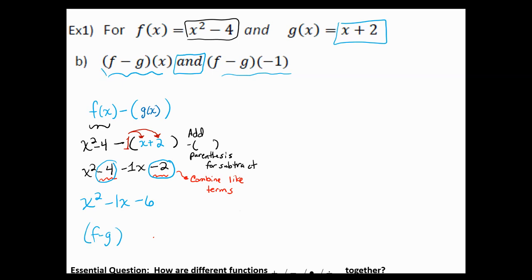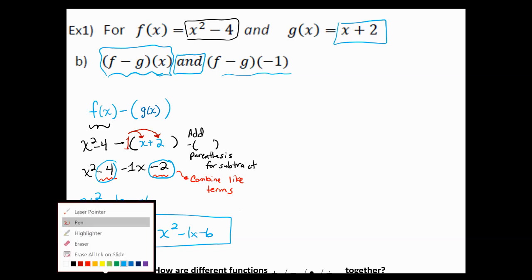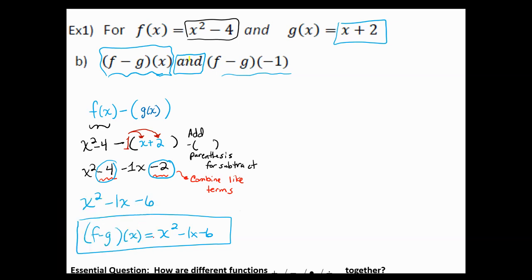Okay, I'm just going to write this notation right up here at the top. We just figured out f minus g of x, it's equal to what we got here in blue, x squared minus 1x minus 6. So that's our first part of the problem. It says and, so now I need and